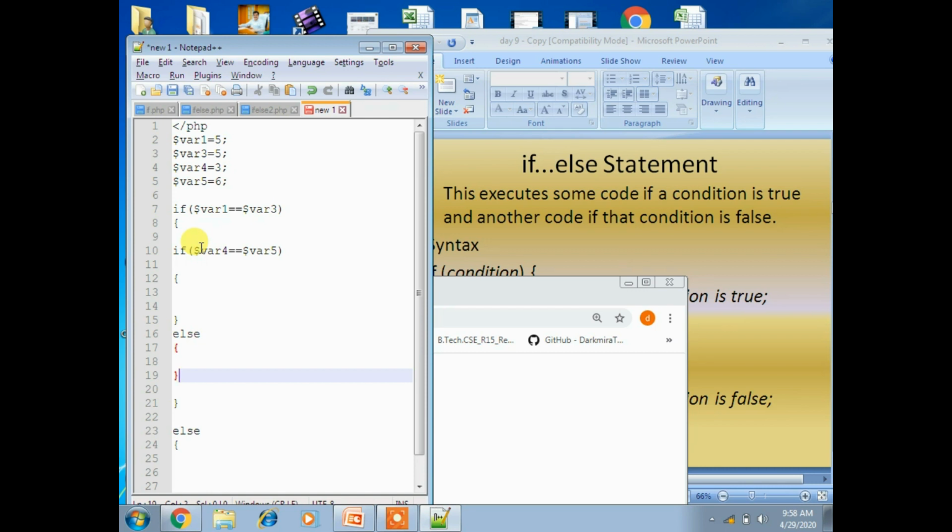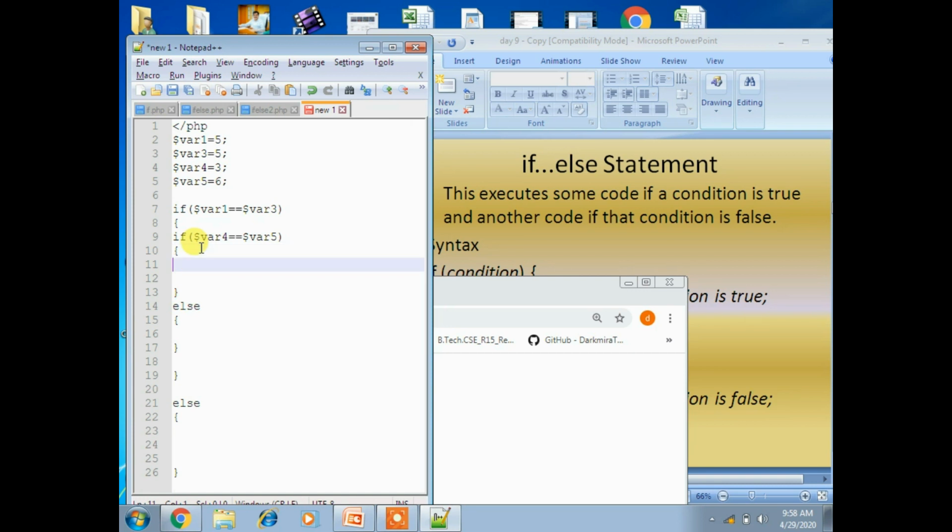Now for this I am writing an echo statement for my second block, that is, if variable 4 == variable 5, then echo "everything is perfect."